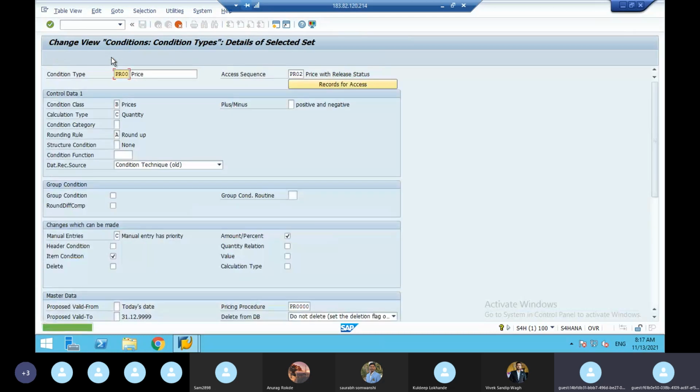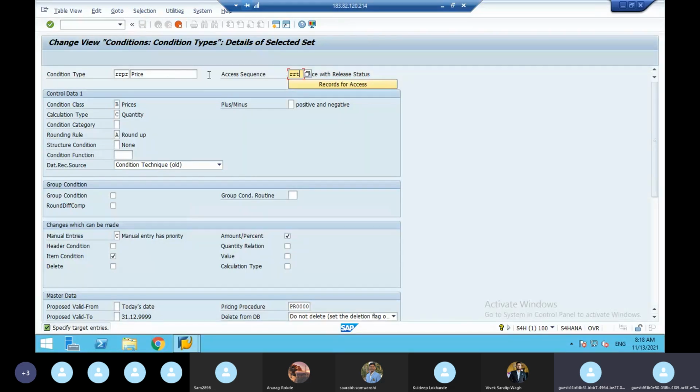I'll rename it as RRPR. I'll give RRPR as my base price. I'll rename it because it is the same thing. Next here, backspace, here my access sequence is what? RRT, because access sequence will be assigned to the condition type. Why? Those are all theory, I'll tell you.